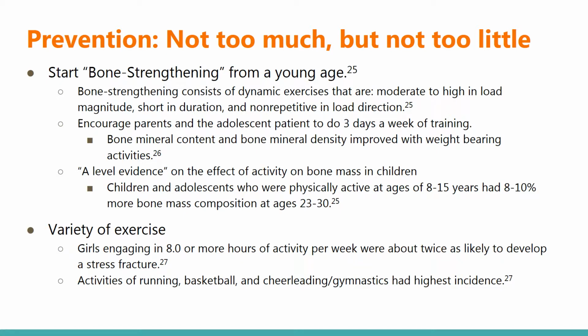Finally, with all patients, we want to help prevent future injuries, and that is done by a balance of not too much, but not too little of both exercising and diet adjustments. First, a study found that it is important to start bone strengthening from a young age. Bone strengthening consists of dynamic weight-bearing exercises that are moderate to high in load magnitude, short in duration, and non-repetitive in load direction. Doing this form of activity 3 days a week was shown to improve the bone mineral density